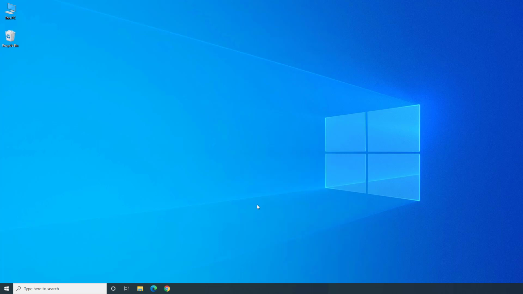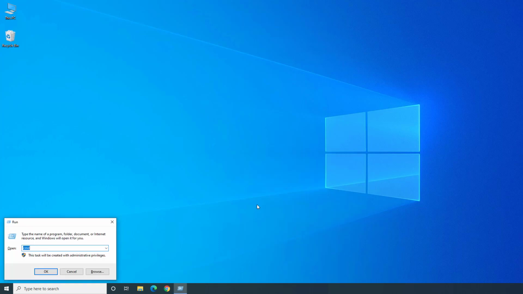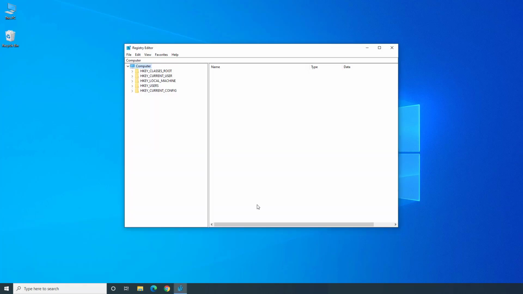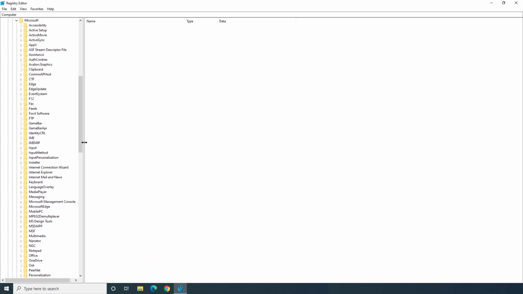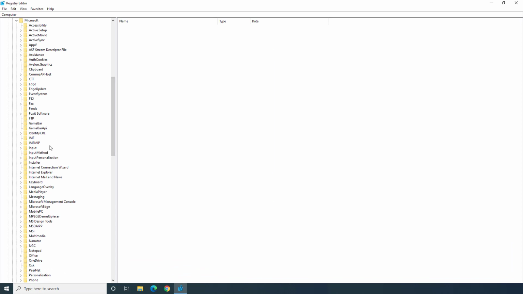Press Windows key and R together. You will find the Run option. Type here regedit. Press Enter button. You will find this kind of window. Click on HKEY_CURRENT_USER, then go to Software. Now click on Microsoft. I am maximizing the window and scrolling down,